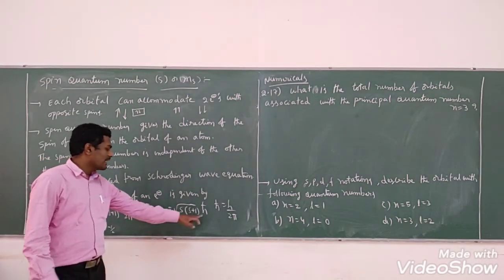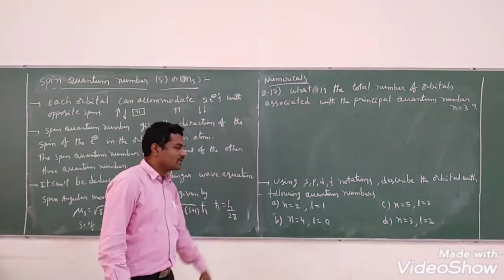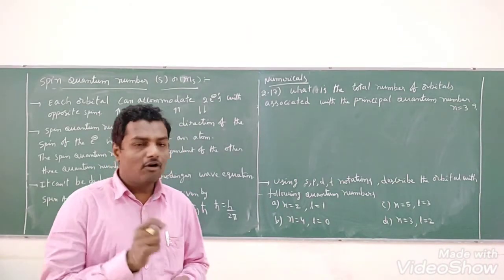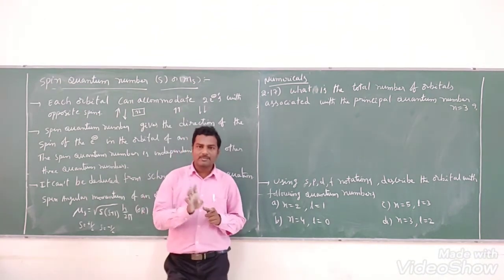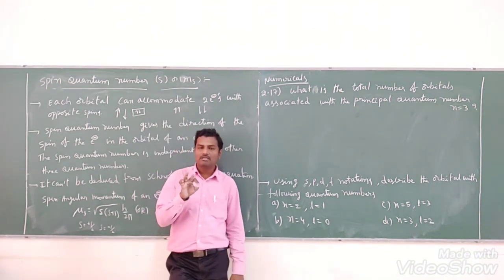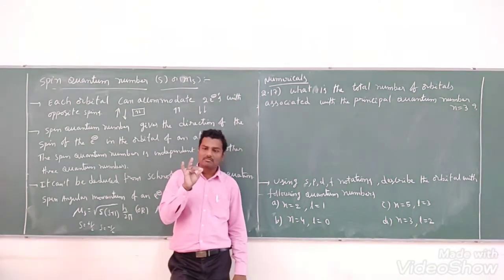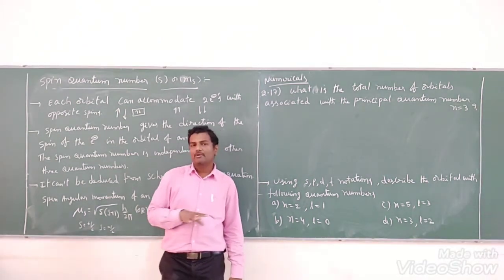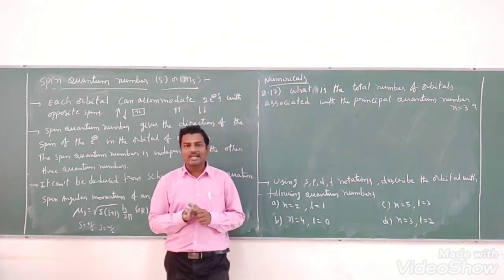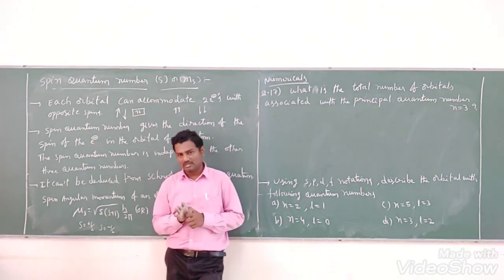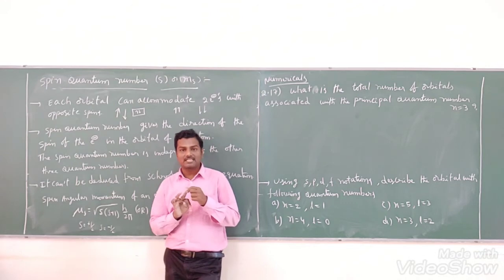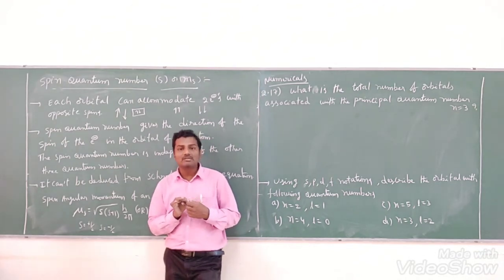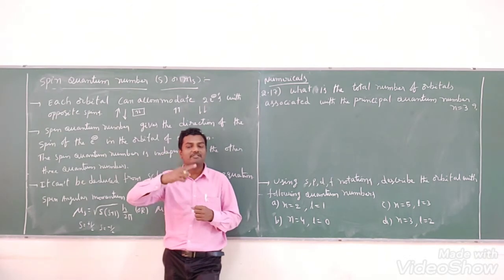h by 2 pi we can also write in the form of h cross. h cross is nothing but what, students? h by 2 pi. I hope everybody got the quantum numbers. Easily you will get it. Quantum numbers: principal quantum number, azimuthal quantum number, magnetic quantum number and spin quantum number. The main important points: principal quantum number gives the information about size and energy of the orbital. Azimuthal quantum number gives the information about shape of the orbital, and it defines the subshell or sublevel also. Magnetic quantum number gives the information about spatial orientation of the orbital.